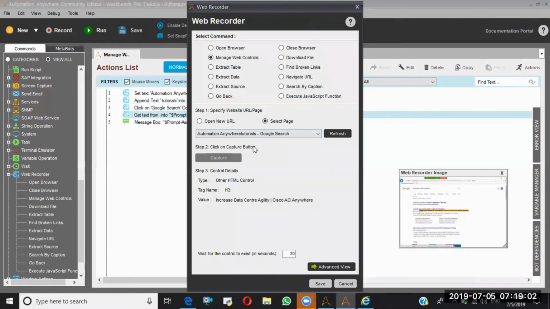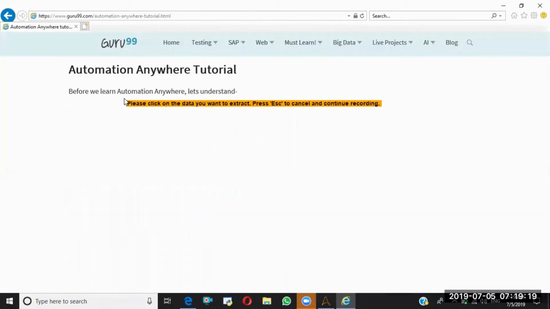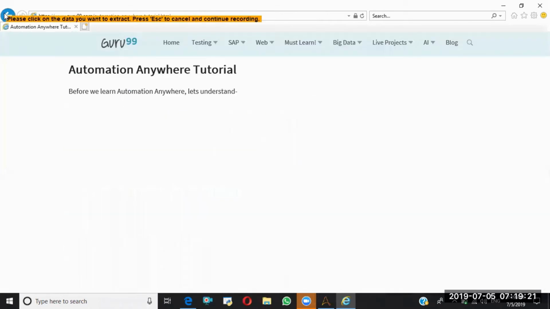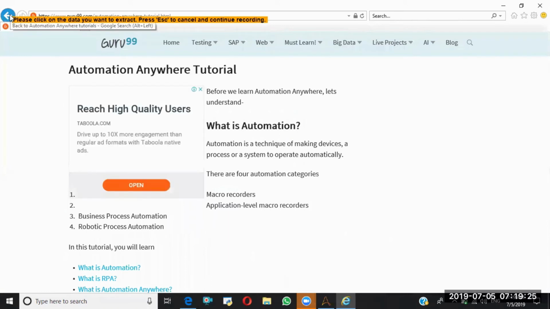So I'm refreshing this, capturing. See, instead of capturing, it is performing the event. That's the problem with the manage window control sometimes.